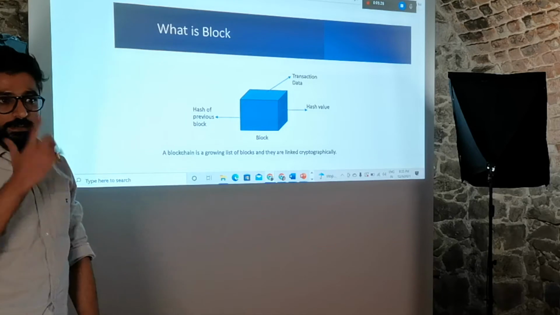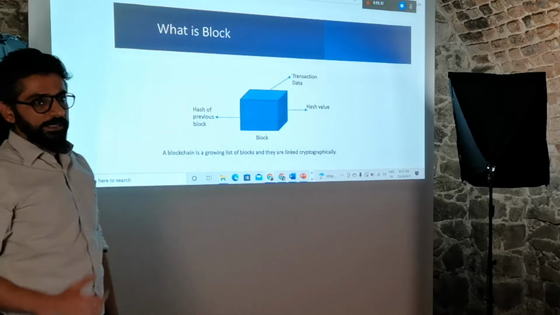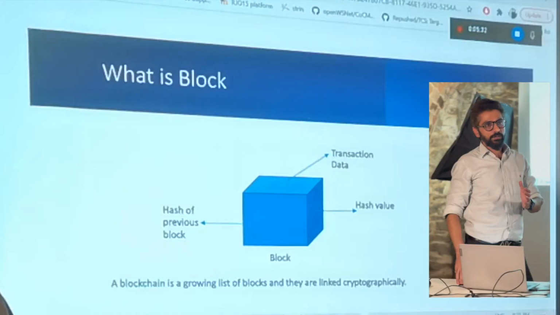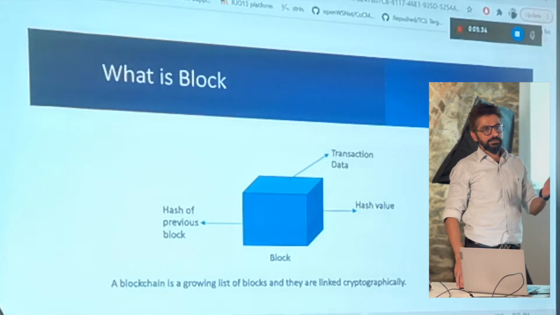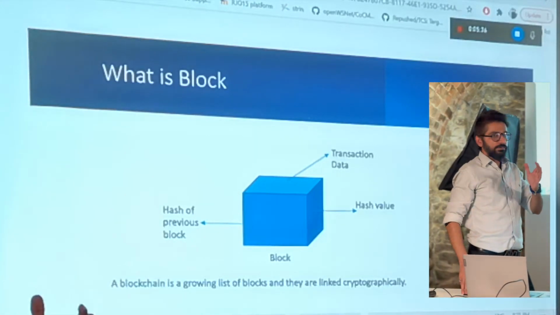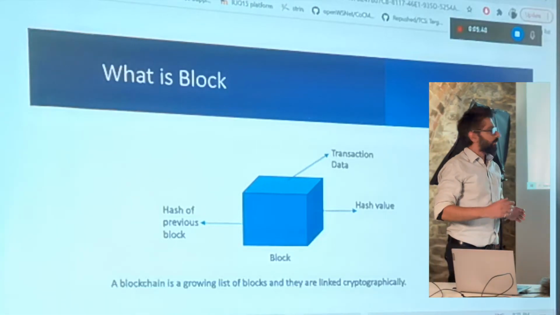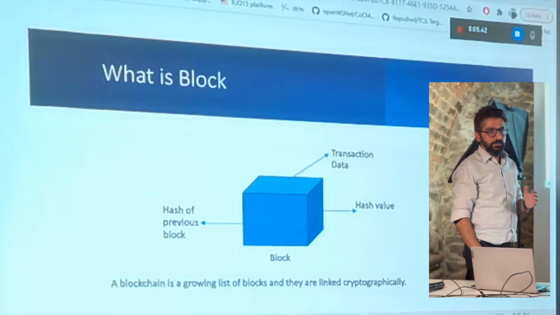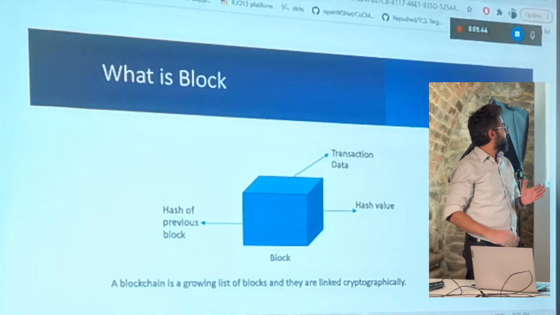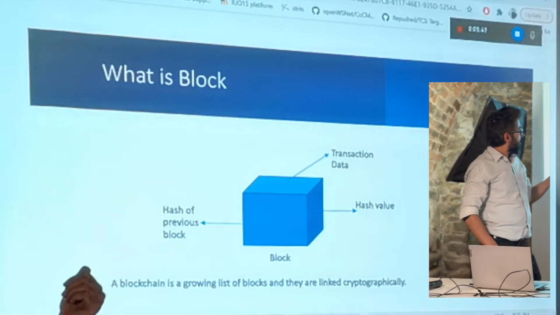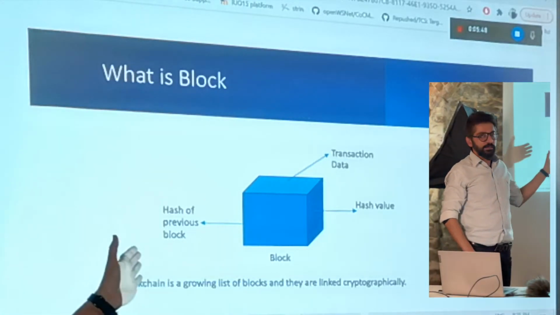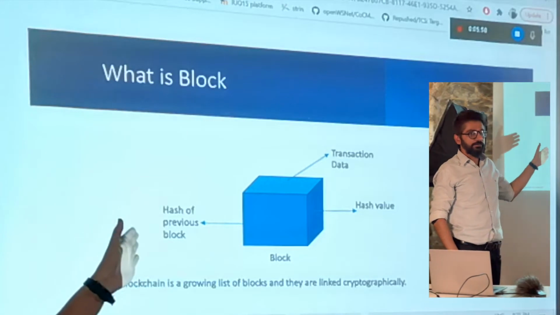As I said, when we do any transaction, that is converted into a block, and with further transactions the chain develops. So how does it work? In one block there is an address and transaction data, and all blocks are connected with each other. One block has the hash of the previous block and also the hash value of the current block.